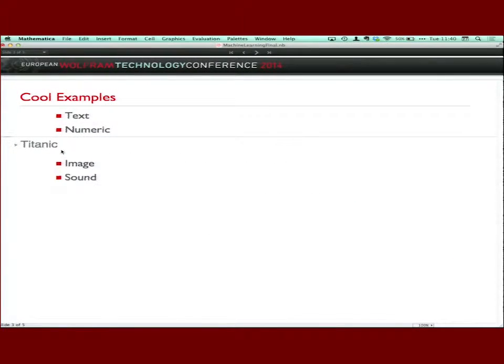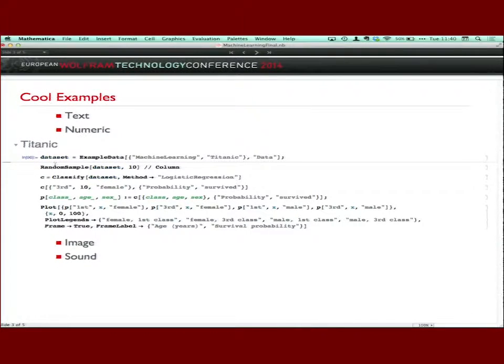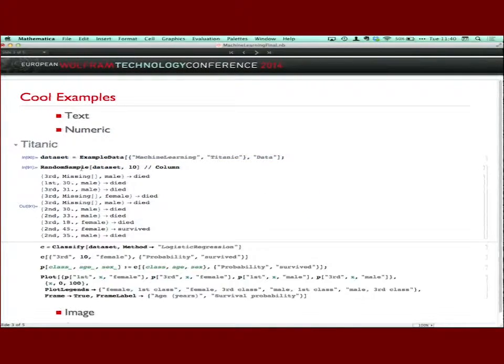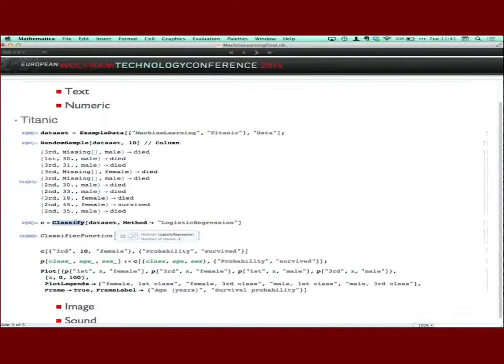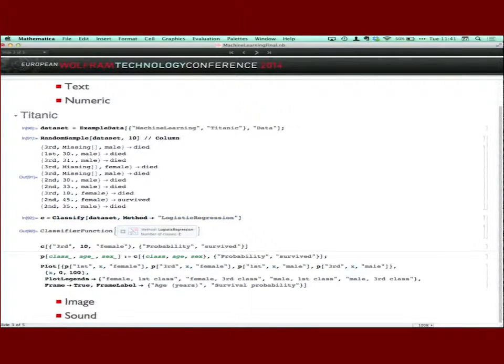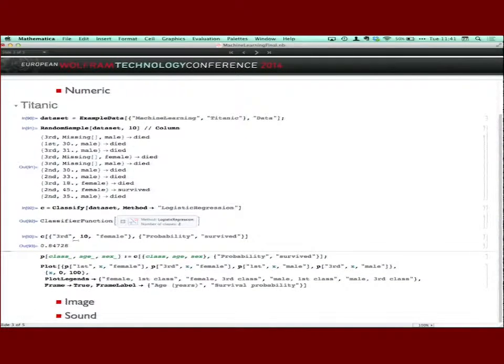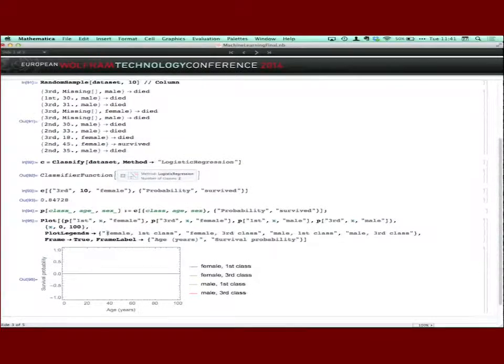Numeric. This one's a little bit less interesting, but it's cool to show. So here we get some data from the Titanic. We have a look at what the data looks like. It says what class they were, what age they were, what their gender was, and whether they lived or died. Then we can classify here. We've chosen to classify by logistic regression. And then we say, what was the probability of survival for new data, a female in 3rd class, the age of 10? It says 84%. And then we can plot based on,